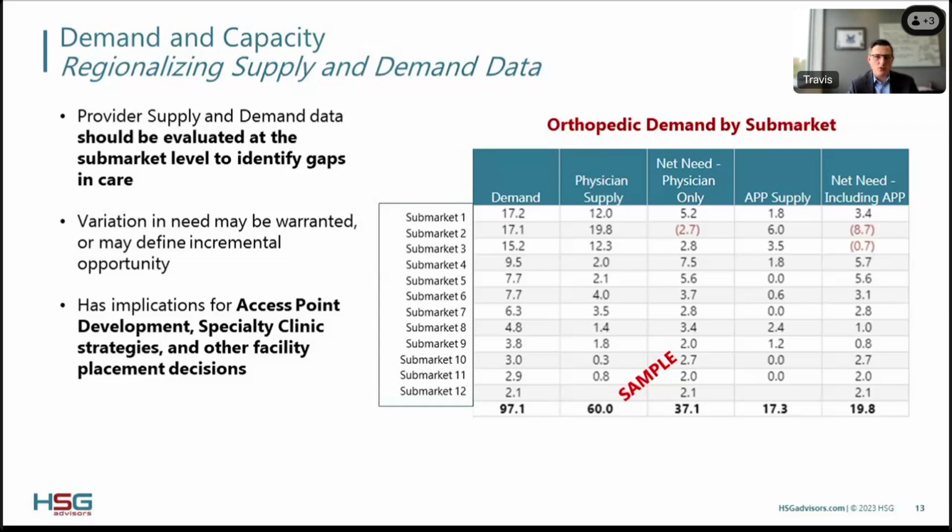One, making that data as granular as possible. And so while we may look at something like cardiothoracic surgery at a primary and secondary market level, because it really takes that much population to support a cardiothoracic surgeon, things like primary care, women's health, specialties that lend themselves really well to specialty clinics that have a lot of in-office stuff like cardiology, orthopedics, taking that community need data and getting it as granular as possible to a zip code level or to a sub-market level, where we're really kind of aggregating data that allows us to think about who are we competing with, how are patients seeking care